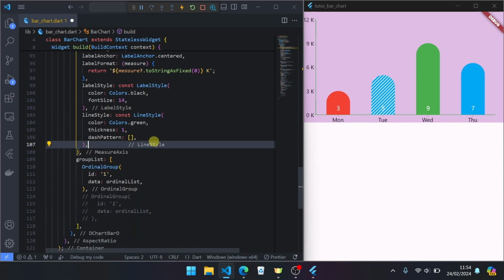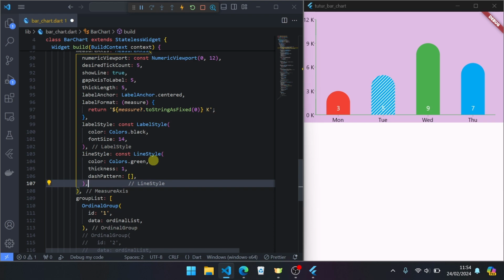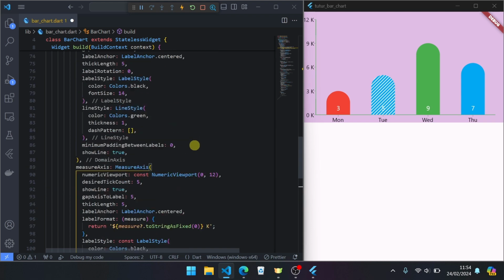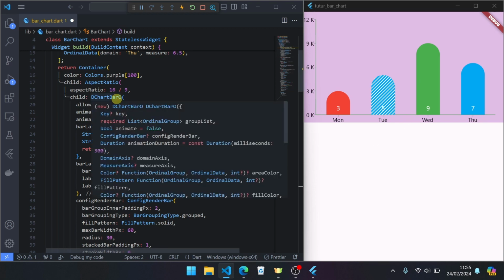Okay, that's all the explanation about how to show and use properties in the bar chart. For example, here we use the ordinal type for the main axis, but you can also check numeric or time.